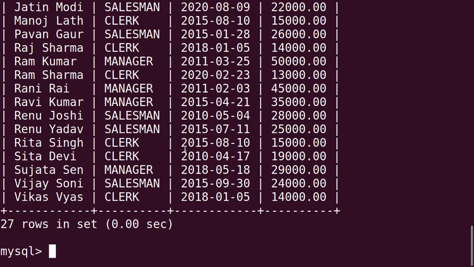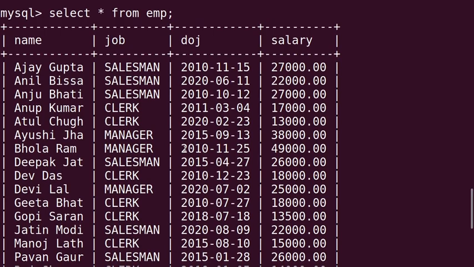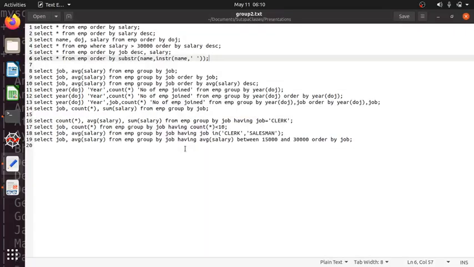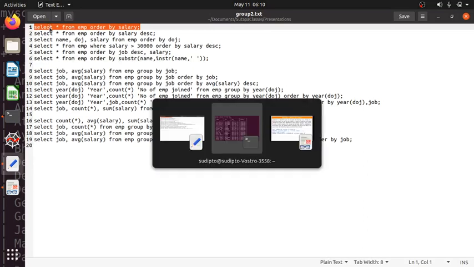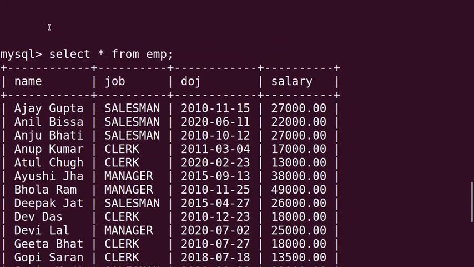Next, a few queries I'll show you on this EMP table. All the queries I have written to save time. First query: we are sorting the records based on the salary field.